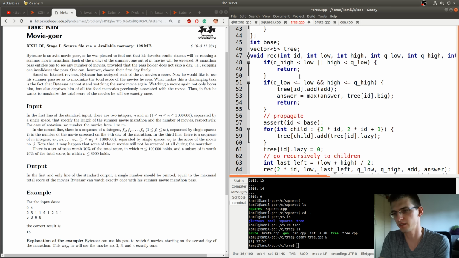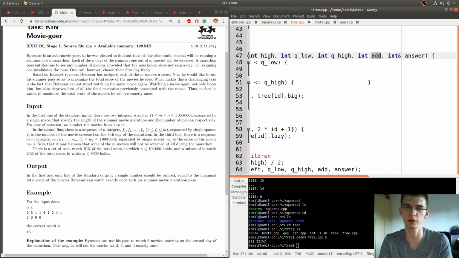And the recursive function is something like this: you must store where you are, in some vertex, so you know the ID of this vertex. For the root it would be 1, for the children 2, 3, then 4, 5, 6, 7, and so on. You also know the interval of leaves that are in this subtree. You also know the interval of the query, because the query was for some interval. And you also need the value by which you add, and if it's a query where we ask about the maximum value, you also maybe need a reference to the answer to increase it.